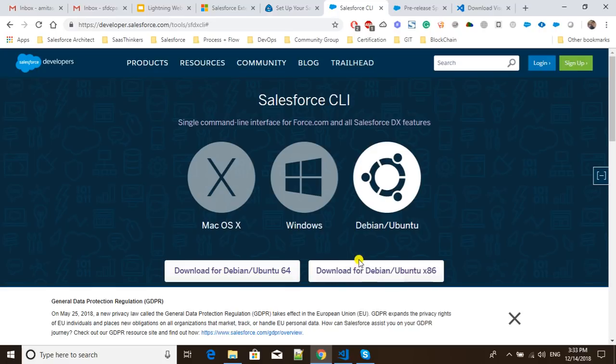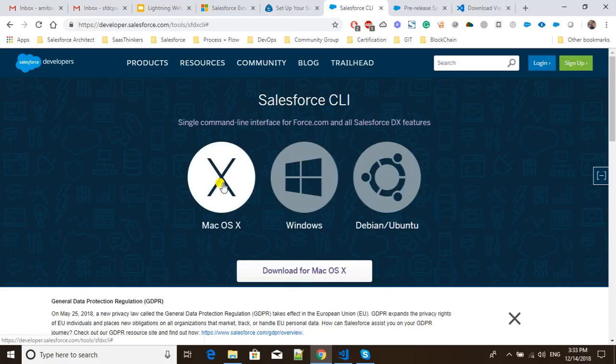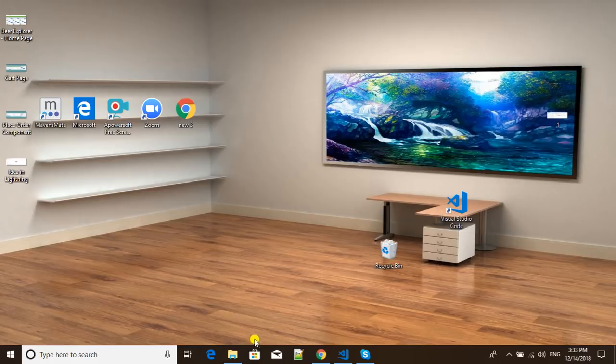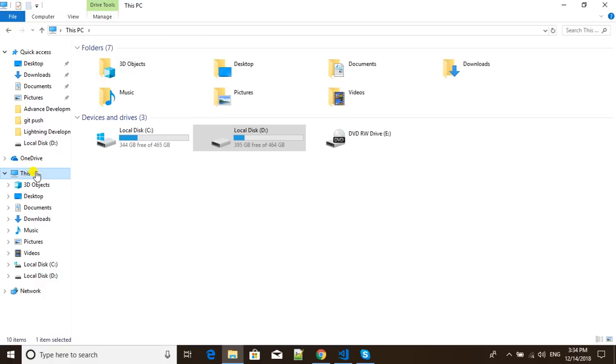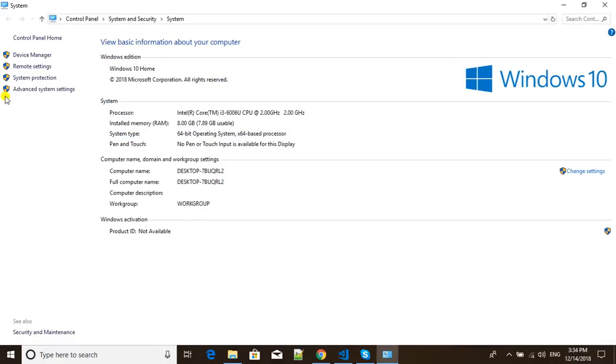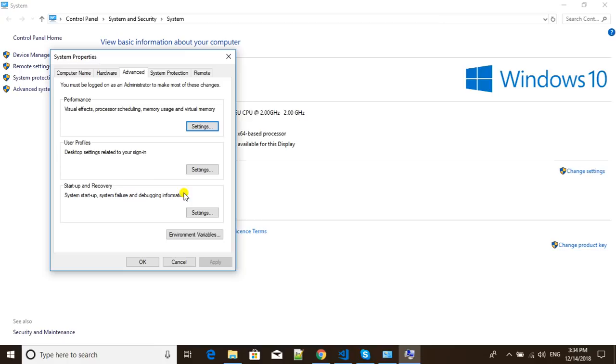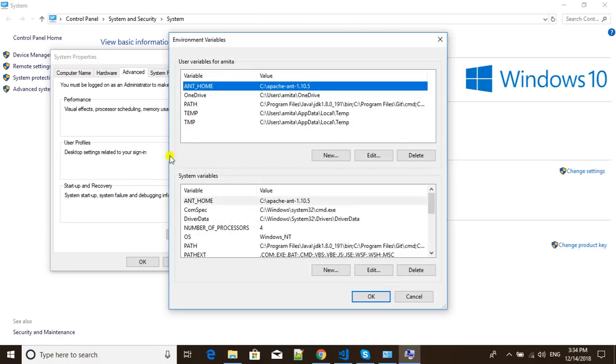And after downloading, you need to set the path of Salesforce DX. How can you set the path of Salesforce DX in your Windows or Mac? I'm going to show you for Windows. Go to My Computer, right-click on that, and click on Properties. It will open the control panel section, and then click on Advanced System Settings. After that, click on Environment Variables, and here on the path you need to